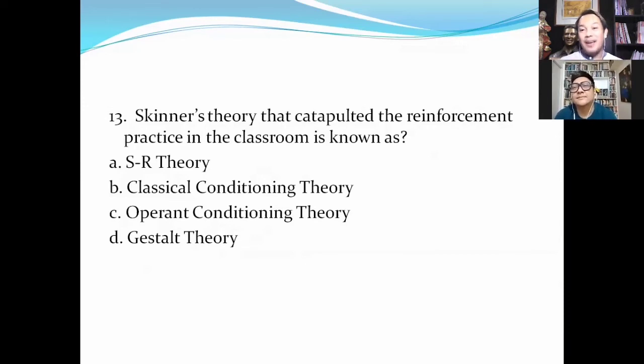Ito naman yung kay Edward Thorndike. Si Gestalt naman, hindi ito tao, isang grupo sila na pinangungunahan nila Wertheimer, nila Kafka. So, ang technique dito, you associate one person per theory. SR theory, Edward Thorndike. Classical conditioning, Ivan Pavlov. Operant conditioning, B.F. Skinner. Gestalt, Kafka, Wertheimer. Yan ang pinakamadaling way to memorize it.